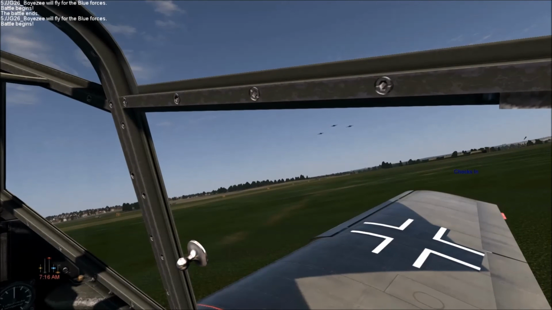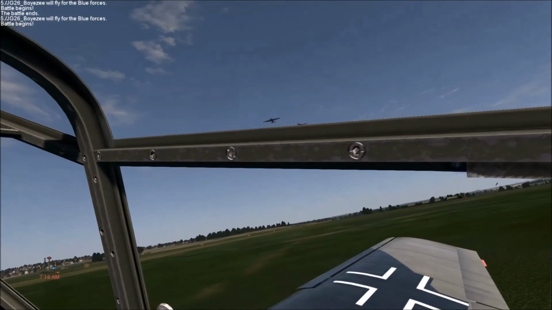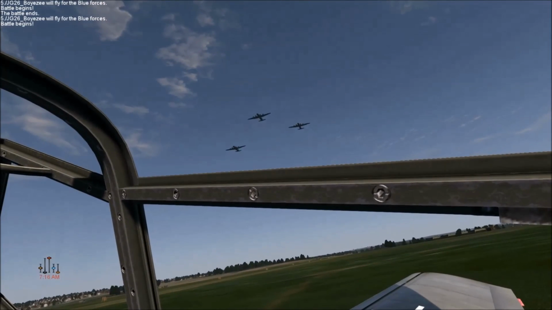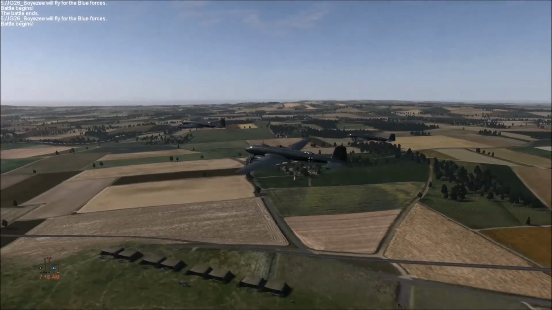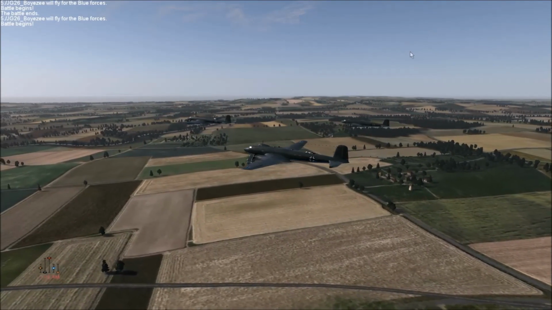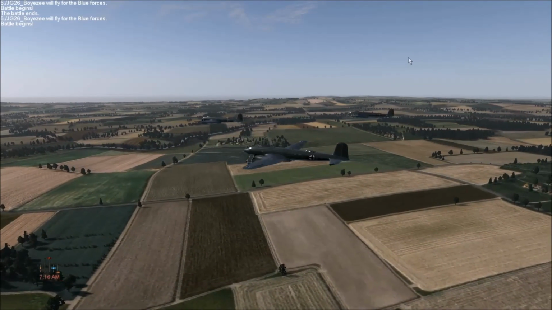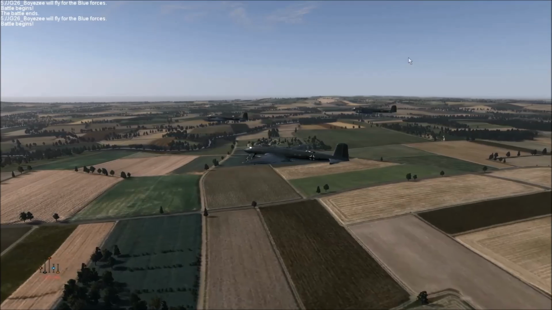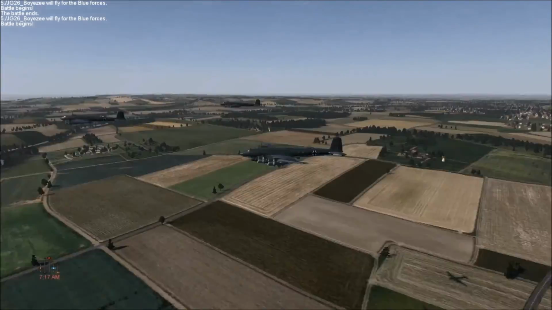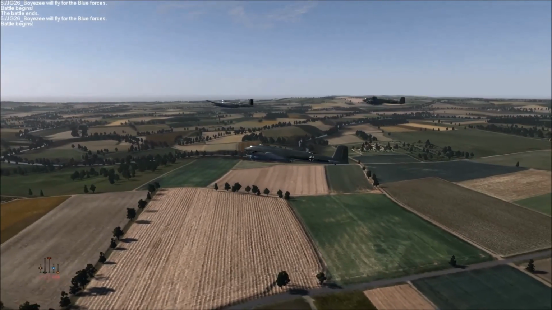And there they are, flying over. Look at that. And again, we'll do an external view of those guys and see how they look. Just let them fly over first. See it from the cockpit. It's quite cool. Okay, let's go external. And that is how you create a very simple air-spawned